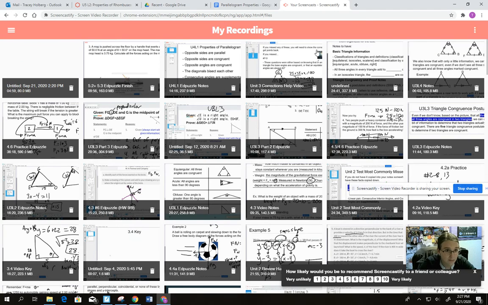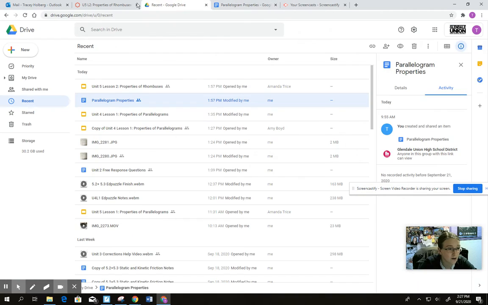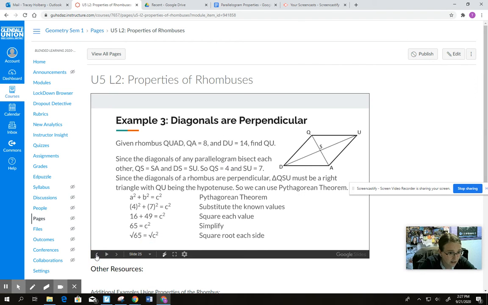I'm going to keep recording and I'm just going to have to change this, I think, because I don't want to stop recording again. Really? Do I not have the